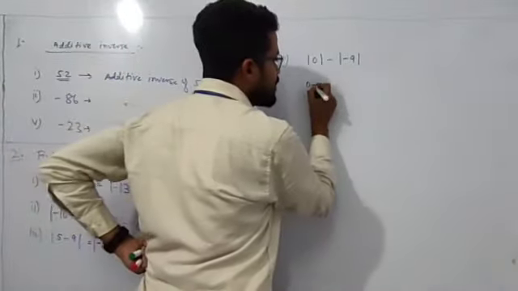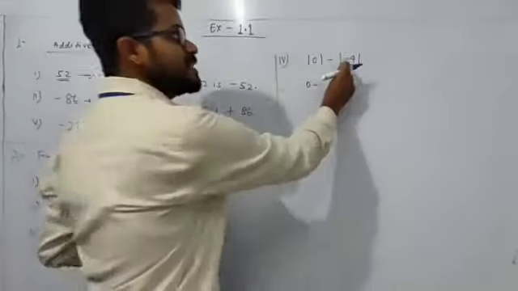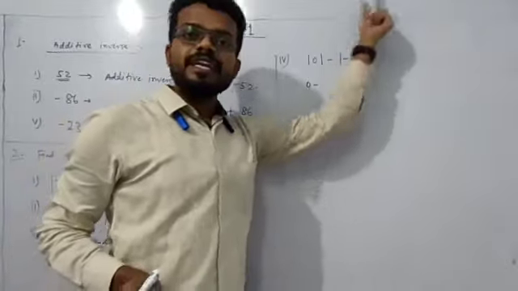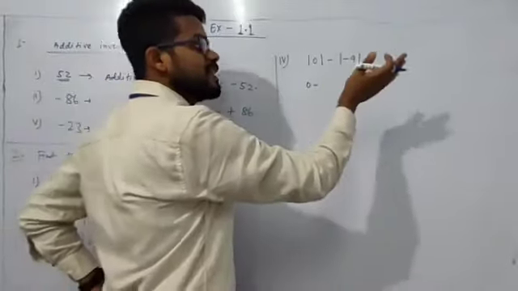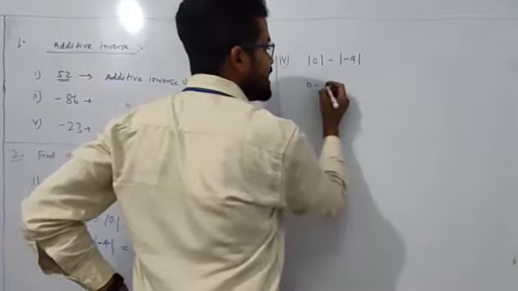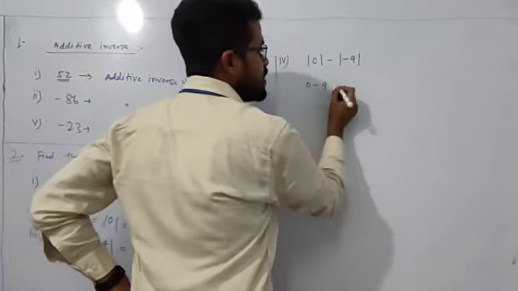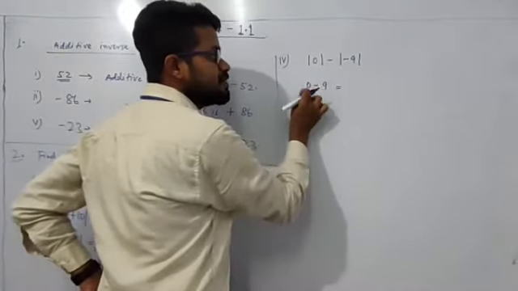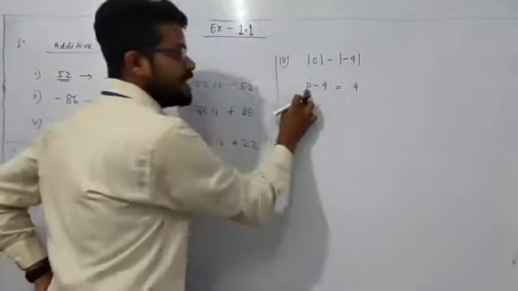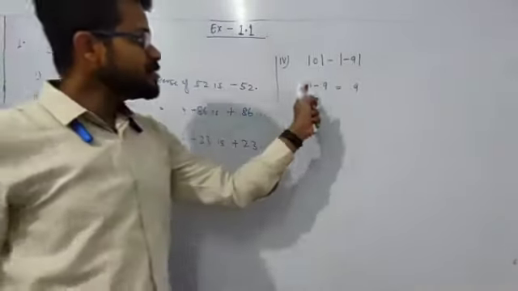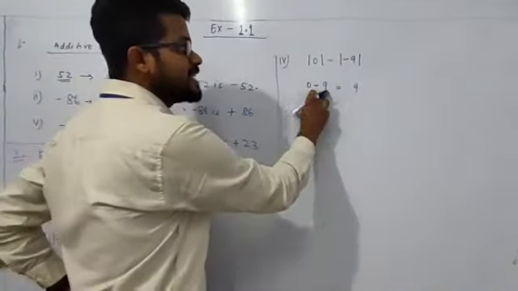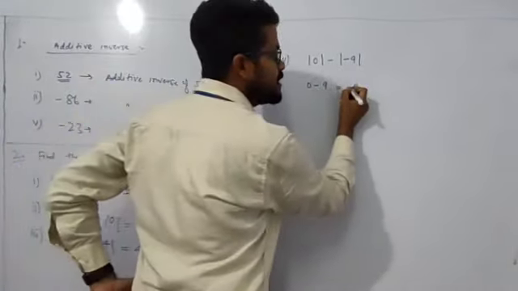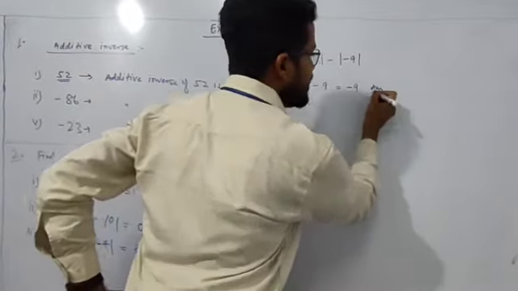Here what is the sign? Minus. And now this is minus 9 within the box. Whenever a value comes out from the box, it is always in the form of positive. So minus 9 is what? 9. So here 0 minus 9. The difference of 9 minus 0 is 9, and the sign here is minus. 9 is greater than 0, so before 9 what is the sign? Minus. So the value is minus 9, and this is your answer.